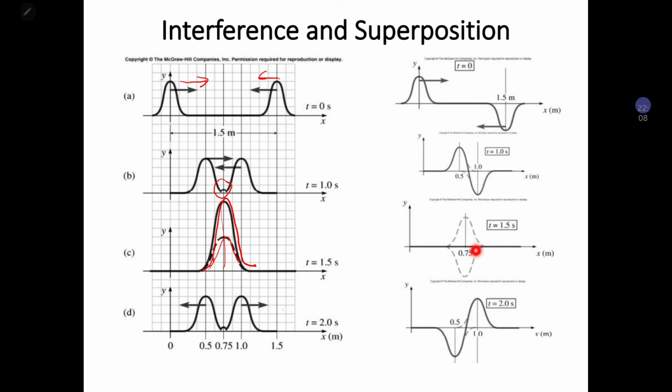Tapi along the way, satu tu akan terus ke kanan kan. So amplitude dia akan kembali kepada asal. Satu lagi akan terus ke kiri, amplitude dia juga akan jadi kepada asal. Okay, so kat sinilah berlakunya interference dan superposition. Ini pula apa yang berlaku kat sini adalah constructive interference, sebabnya amplitude dia semakin bertambah.